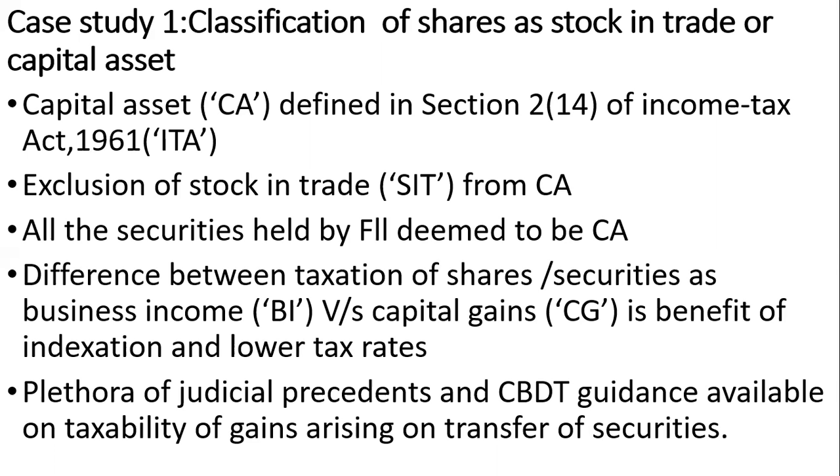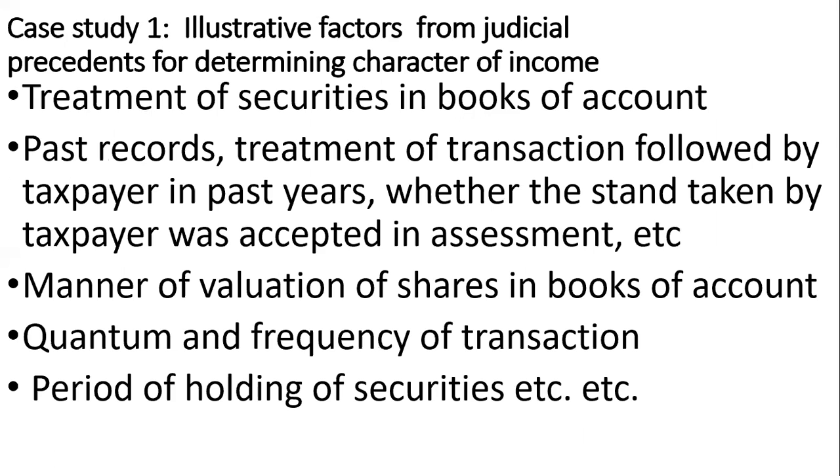Different taxation I've already covered. There is a plethora of judicial precedents and CBDT guidelines available on taxability arising on transfer of securities. Illustrative factors from judicial precedent determine what is capital asset and stock in trade. How do you treat it in your books of account? In my books of account, I can have two options. I can show it as stock in trade. Stock in trade would be valued at cost or market price, whichever is less. And if it is capitalized